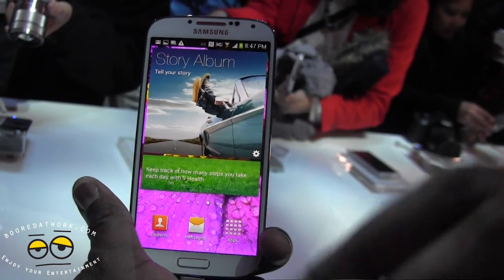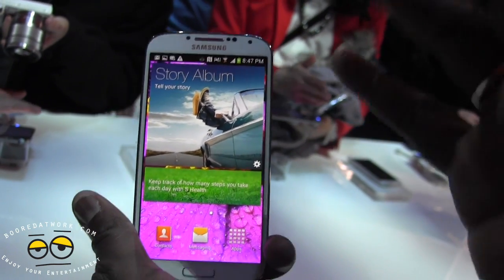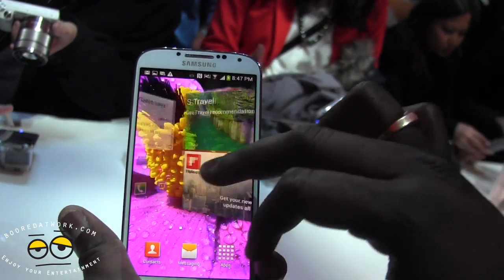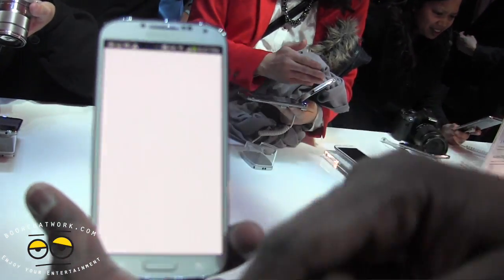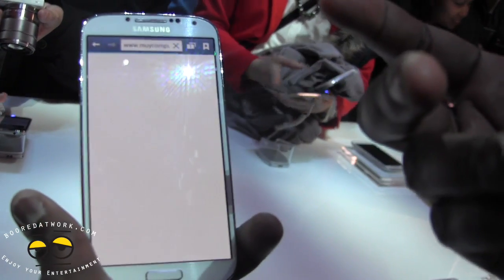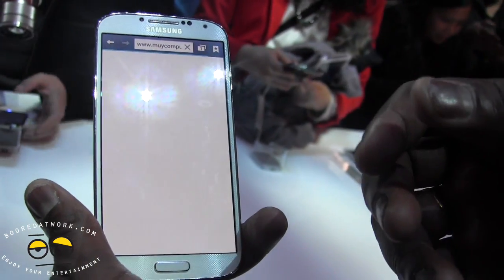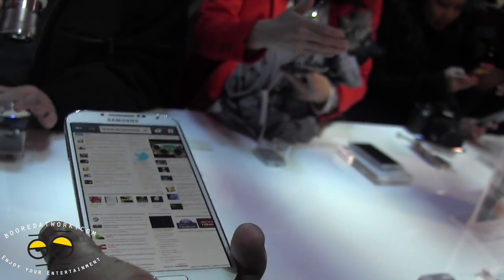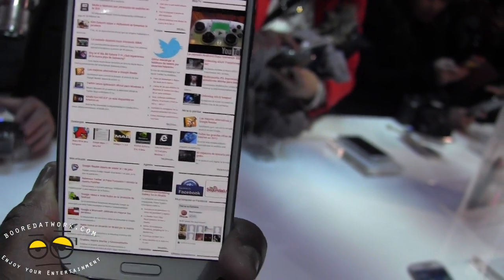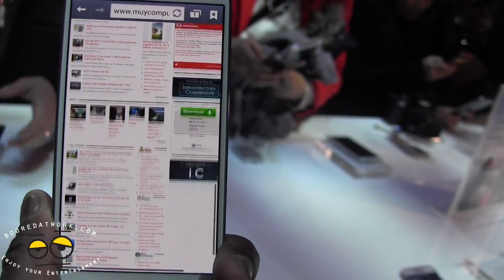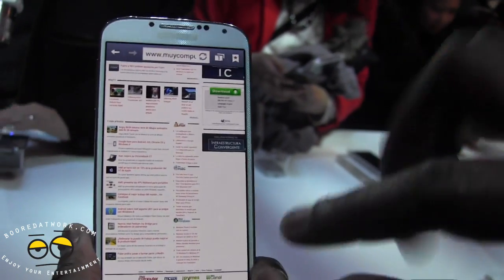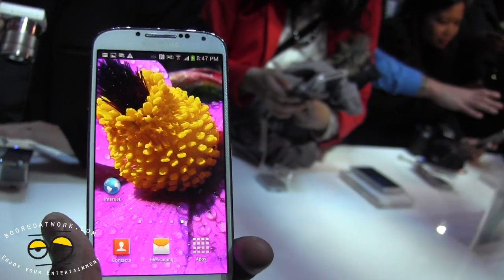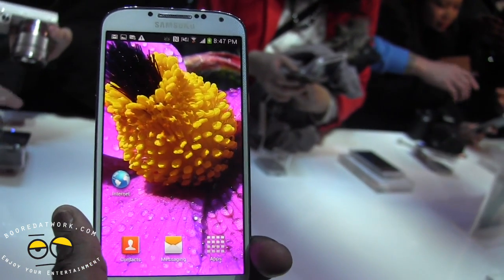Samsung really has come out and given users a lot of features that will make every other device manufacturer scared. I think they've packed in a lot of stuff here that a lot of people can pick and choose. Let's see some of the smart browsing and see if we can do any of that. I'm not sure if we have any connectivity here. So you can see I tilt. It's the Samsung Story Album. We'll go right in here. Oh, there we go. So that's the smart scrolling there. I'm not touching anything, and you can see that in there. So there are some of the features. We'll go through most of them in our full review, but I'm just giving you a look at the new software interface, new TouchWiz, Android 4.2.2 on the